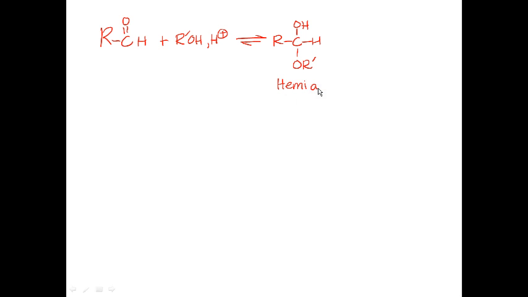In the last lecture, we saw that if you started with an aldehyde or a ketone, you could add one equivalent of an alcohol using acid as a catalyst. In this case, you add one equivalent of that alcohol to the carbonyl group, so it's a carbonyl addition. This is an equilibrium reaction, and in this case we could form a hemi-acetal, because I've just added one equivalent of the